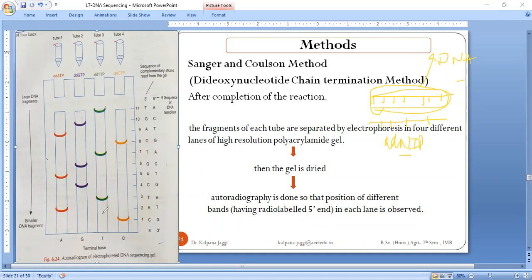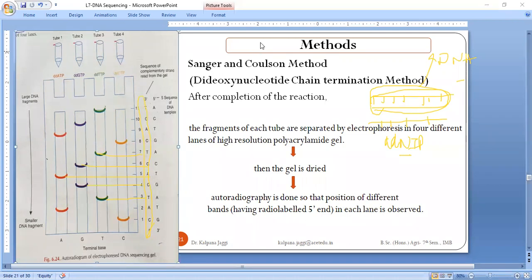I just go through reading the sequence. C because it is yellow, then we have red, that is A, then we have green, that says there is going to be the presence of T, then again blue, that means G, again red, that means A, then blue, that means G, green means A. So this is the sequence in the direction 5 prime to 3 prime. But this is the sequence of the strand that is synthesized from the template strand. And actually we need to recognize the sequence of the template strand. So once this sequence is recognized, it is very easy to go for the analysis of the other sequence.